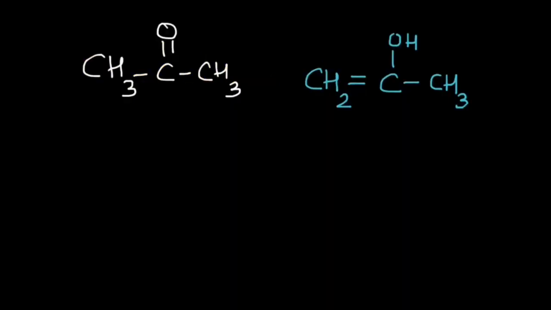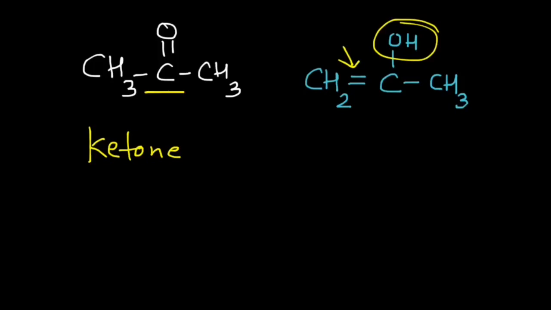Let's take a look at these two examples. On the left, we have a ketone. You can see this because of the presence of this carbonyl carbon attached to two different carbon atoms. And on the right hand side, we have an alcohol because you see this OH functional group here. So this is an alcohol, but there is a double bond present right over here. So we call this alcohol an enol. En stands for the double bond and Ol stands for the alcohol. So on the right we have an enol and on the left we have a ketone.